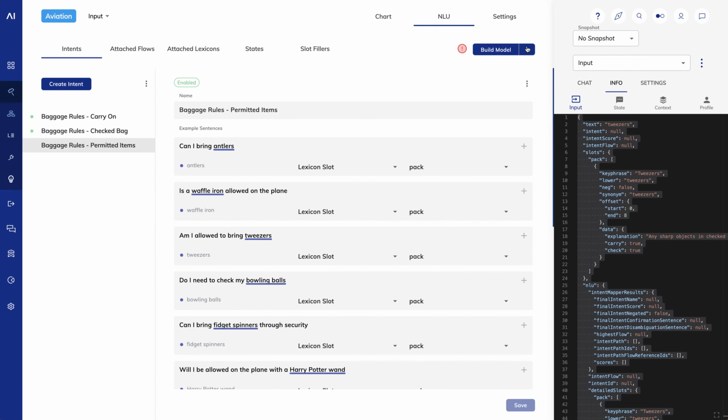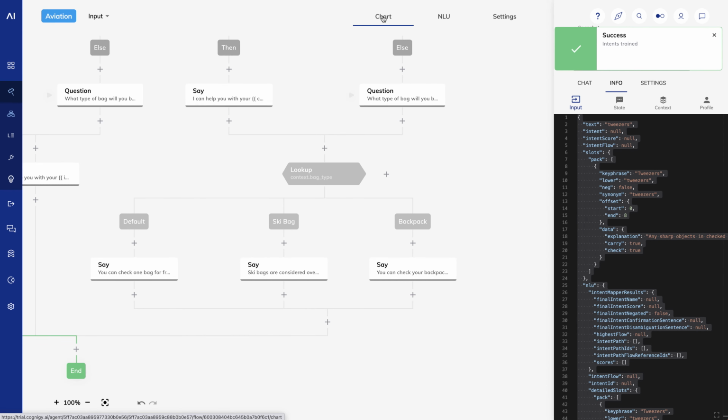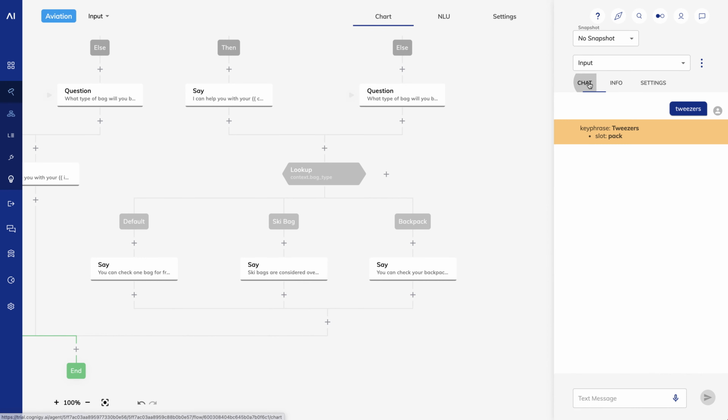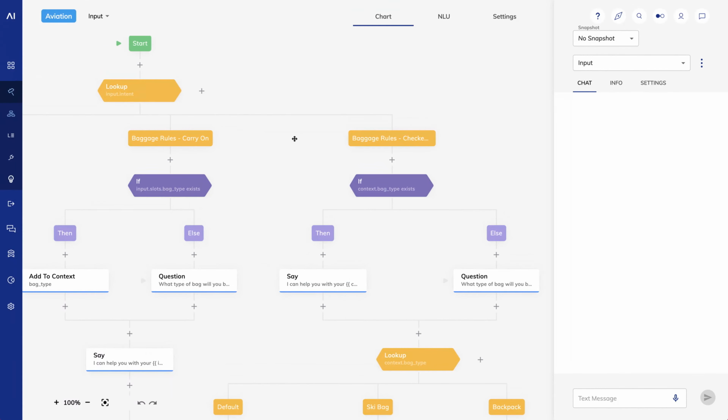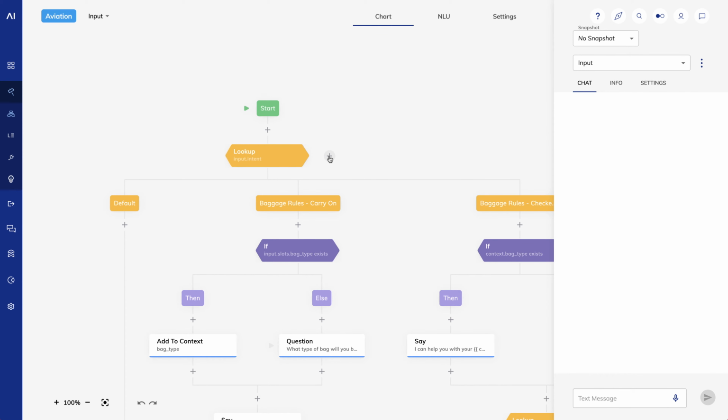After I'm done annotating, I'll save and build. In my chart, I'll add a case note and reference my new intent.